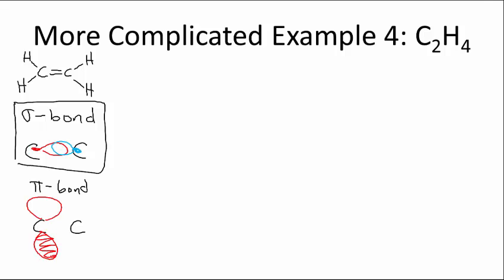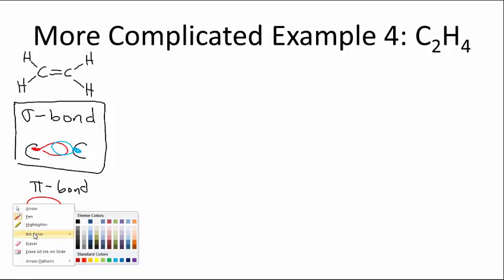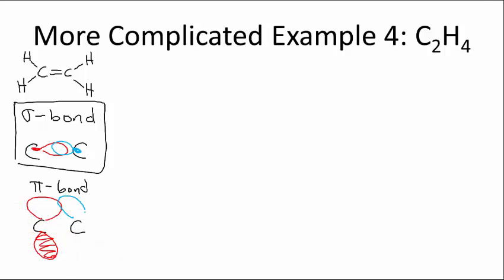So there's one p orbital on one carbon atom. There's the other p orbital from the other carbon atom. All right. Now,